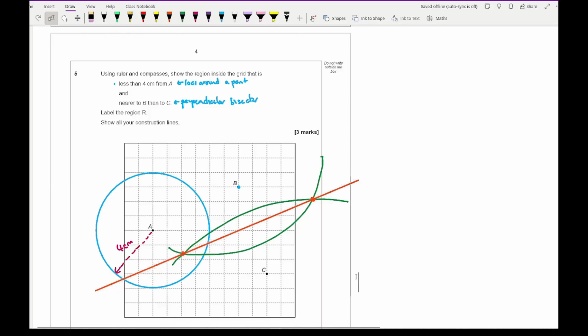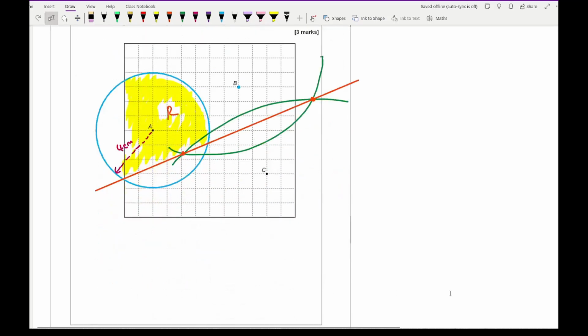Now the region R needs to be on the upside of the orange line, but also inside the circle. So my region R is going to be this here, and if I just colour that area in, it's basically all of this. Now with any construction question, it's really important that you do not rub out any of your construction lines. So don't rub out the circle, don't rub out your arcs, because obviously that's going to be counted towards your